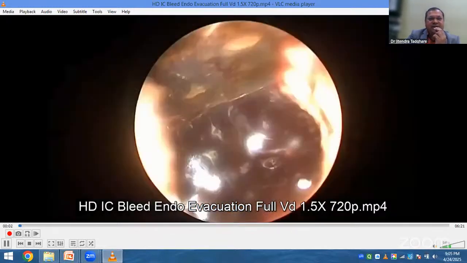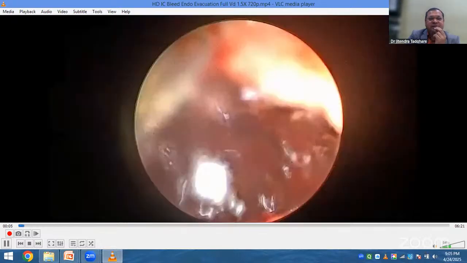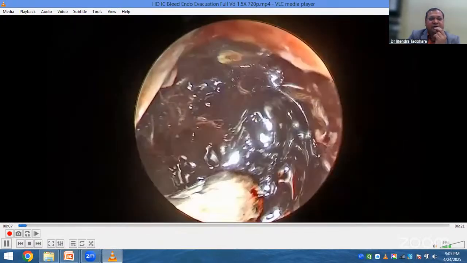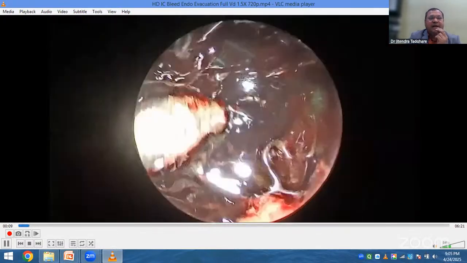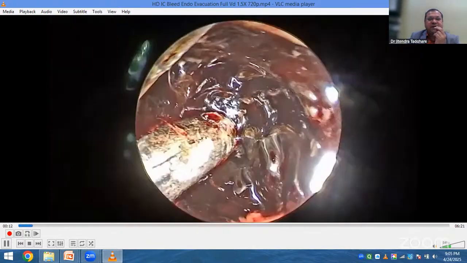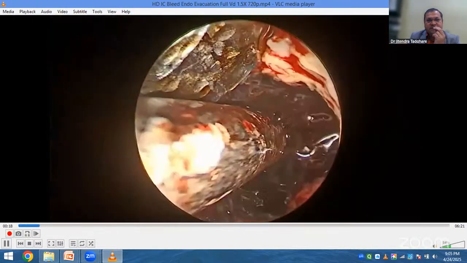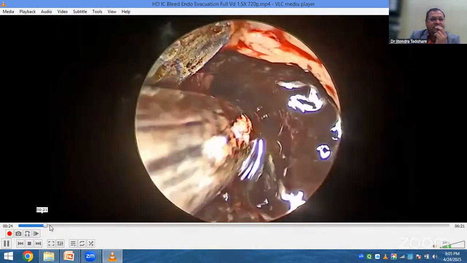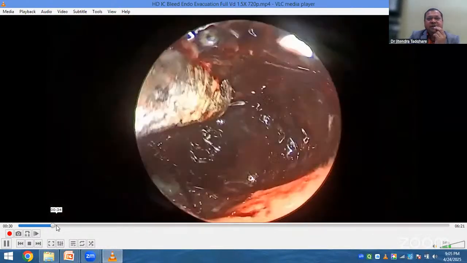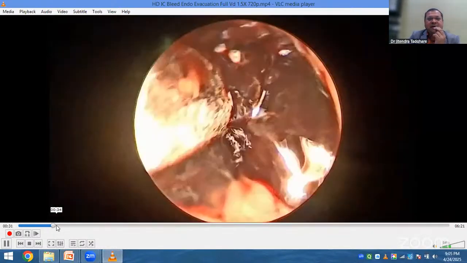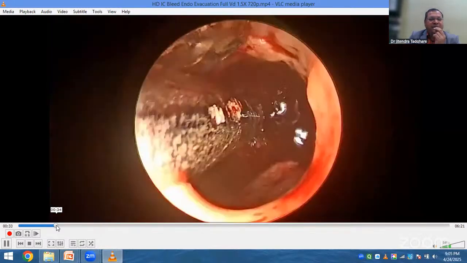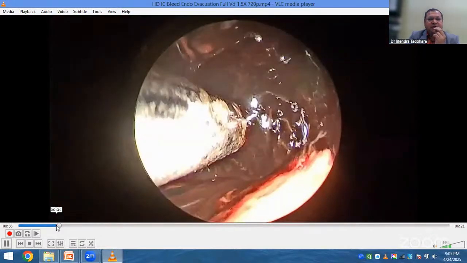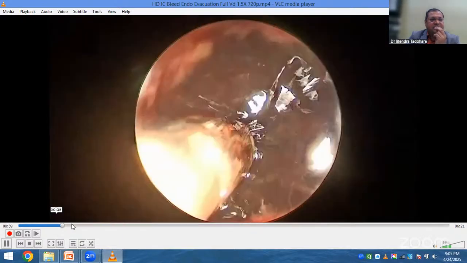So as soon as I keep the LILA detector, I insert the scope inside along with the suction with low suction power, and I handle the hematoma only without damaging the adjacent parenchyma and with minimal detection on the brain surface. So go on evacuating the hematoma inside. After evacuating the hematoma at the central part, I go to the other frontal corners and then the temporal corner and then the occipital area.